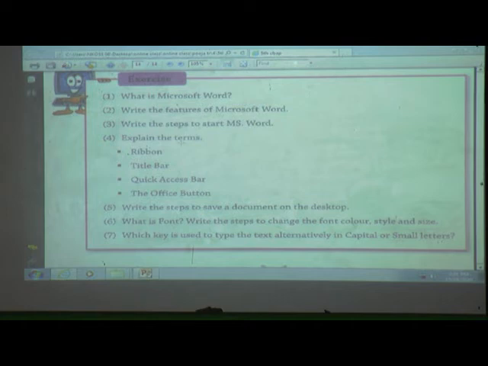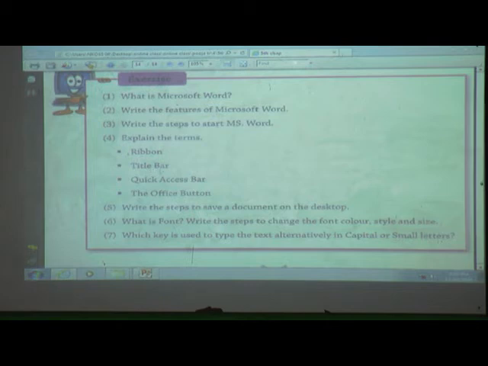Explain the terms ribbon, title bar, quick access bar and the office button. What are they? Yes, these are the components of MS Word. These answers are on page number 39 and 40.